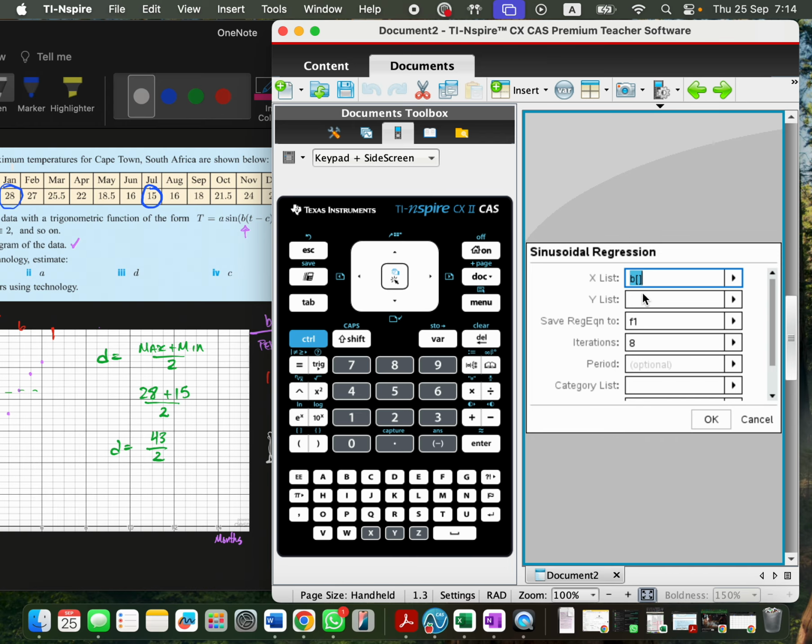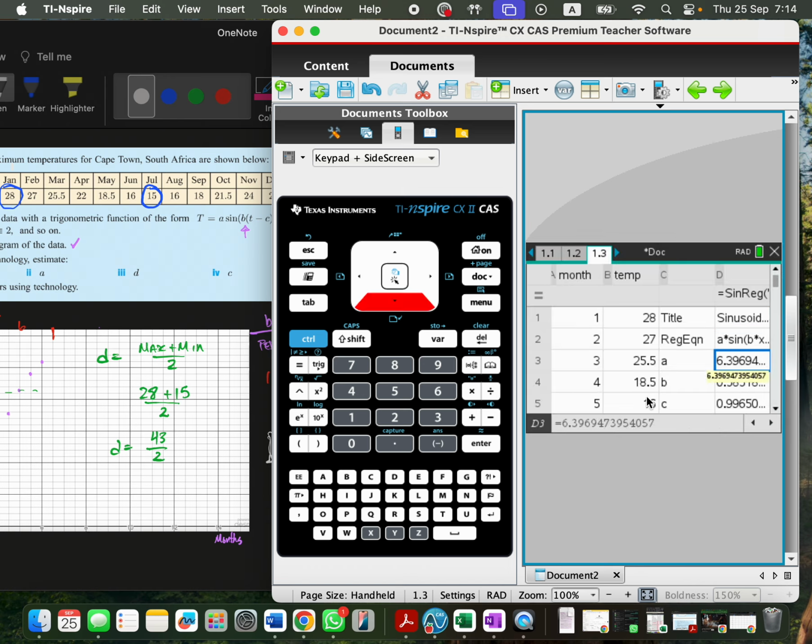Okay? So sinusoidal regression, my X list is my month, my Y list is my temperature, and I'm going to have it saved to there. I'm going to press enter. And now this is going to give me the sinusoidal regression. It's really important you see what it says there. It is A sine times B times X plus C plus D. So all of these values, that's the A value, that's the B value, that's the C value, and there's my